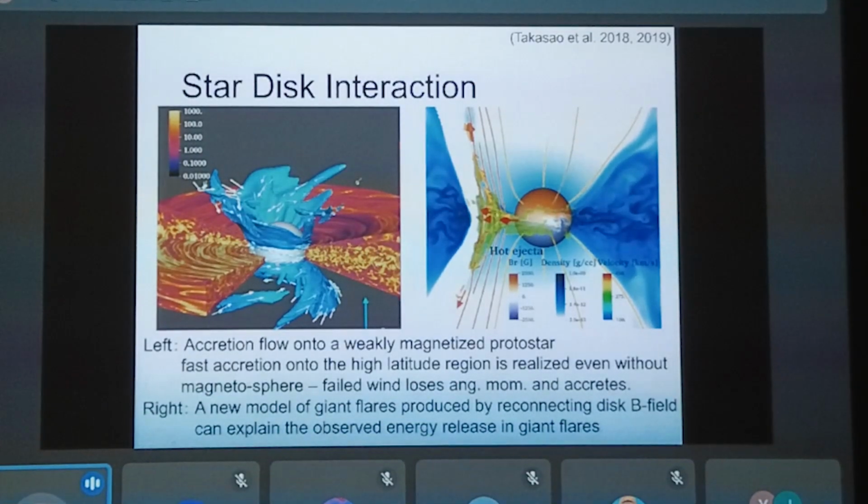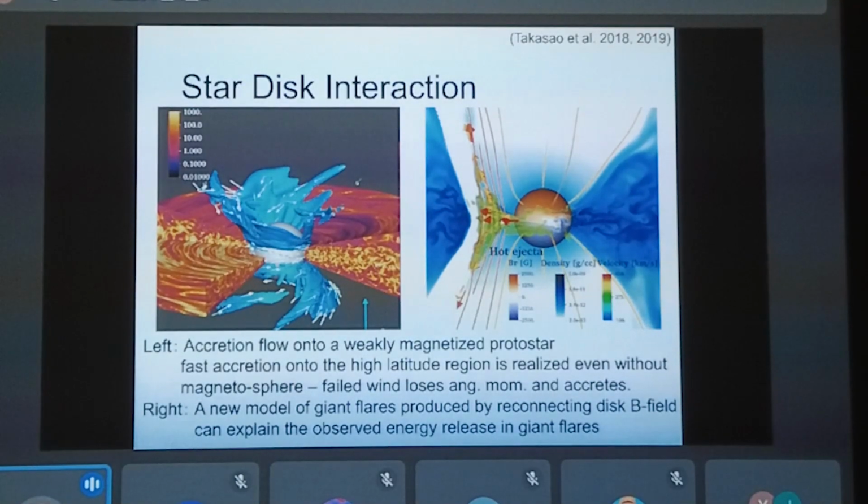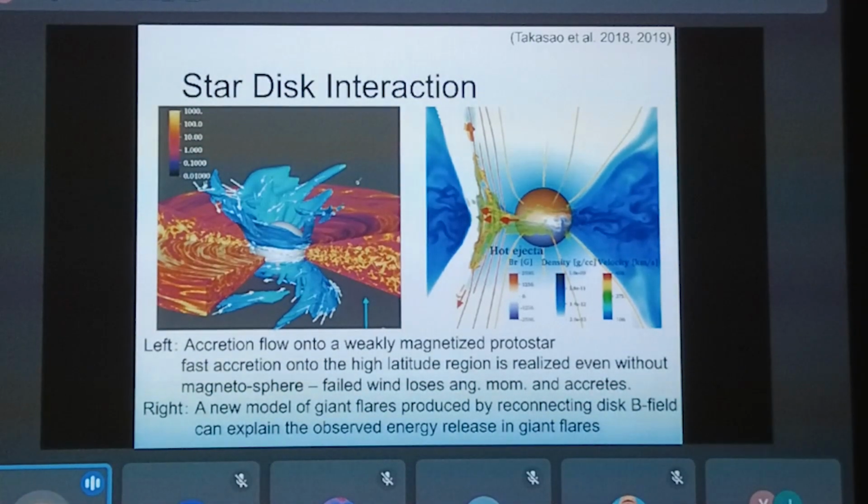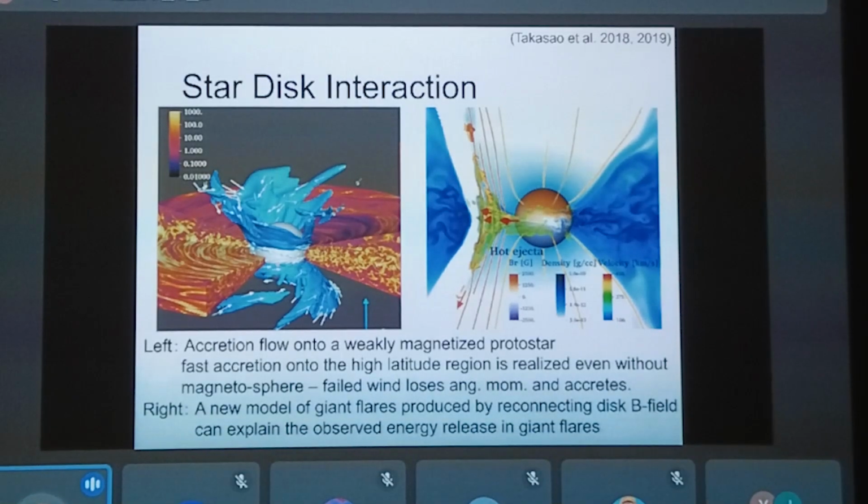Another thing is that we are also running a non-ideal MHD simulation to simulate flares from young protostars. It is known that young protostars are bright and have strong variability in X-rays.